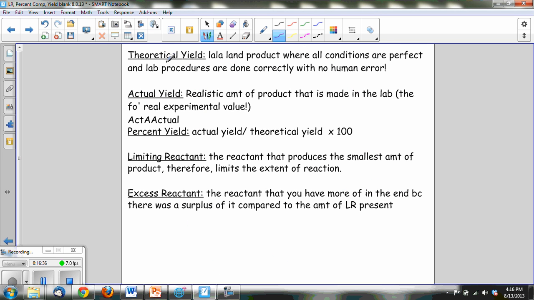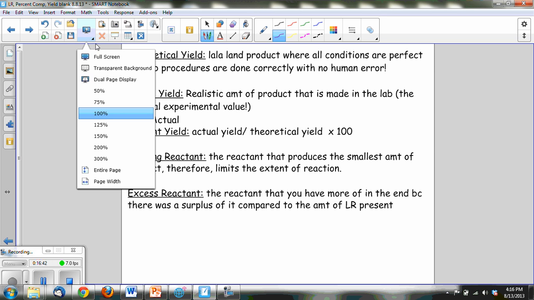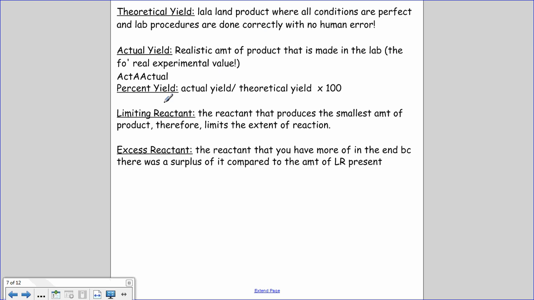This is just the basic definitions of yield types. We'll be using this when we talk about limiting reagents. So theoretical yield, I call it the la-la land yield, because we don't actually ever get our theoretical yield, because most of the time there might be some imperfections in the lab procedures. If you get really close to your theoretical yield, then you're awesome, but it usually doesn't happen, but it's our